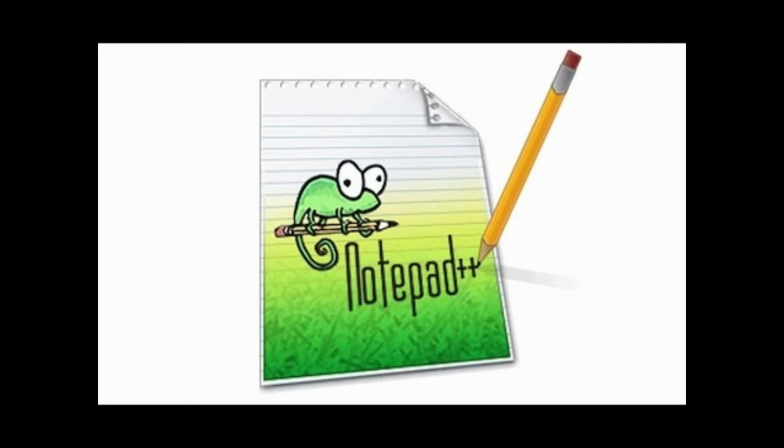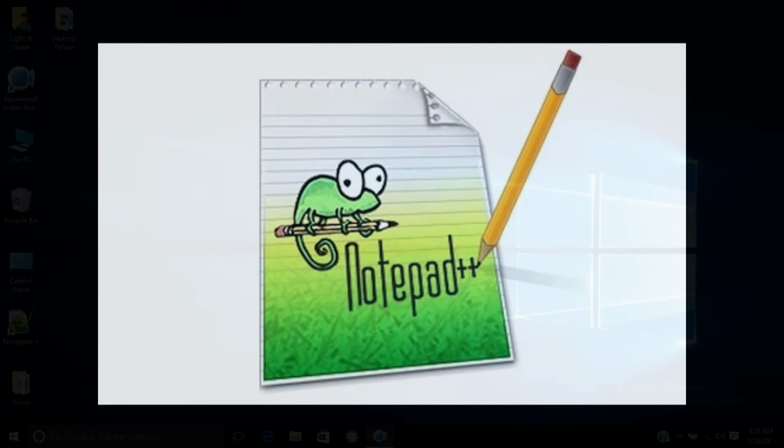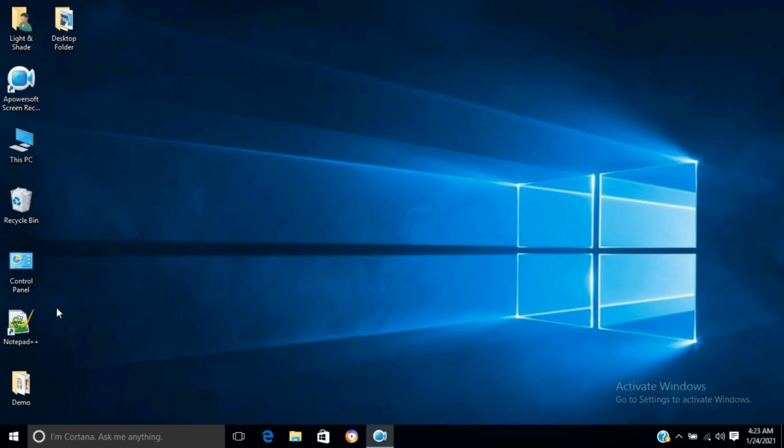Before starting Notepad++, you have to install it. Then you will see the Notepad++ icon on your desktop. It's very easy to install. Rather, we are skipping the installation procedure of Notepad++. Now we are double clicking on Notepad++